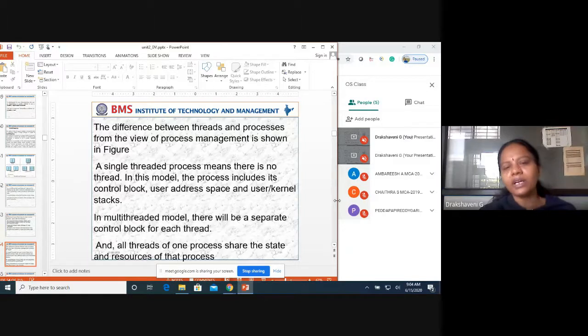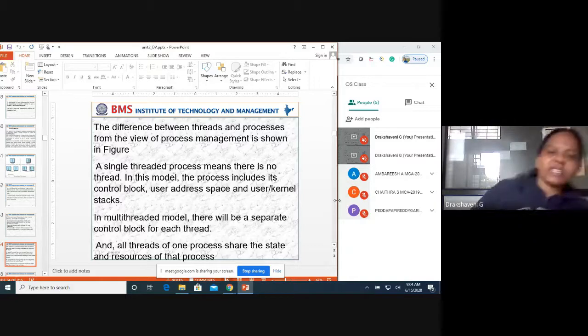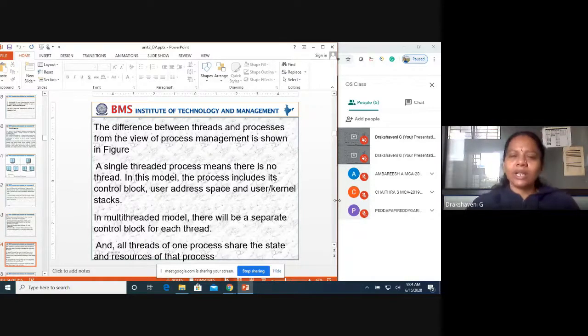How do we differentiate between a thread and a process? The difference, from the view of management: a single-thread process means there is no separate thread, as in the first diagram we saw, with only one process and one thread. In this model, the process includes its control block, user address space, and user or kernel stack.